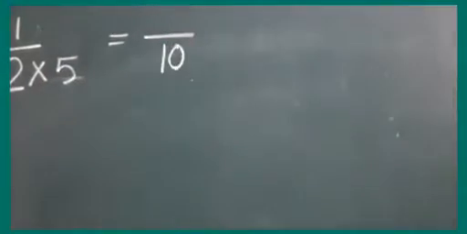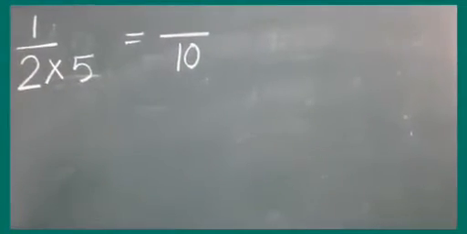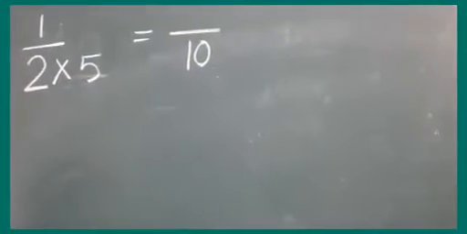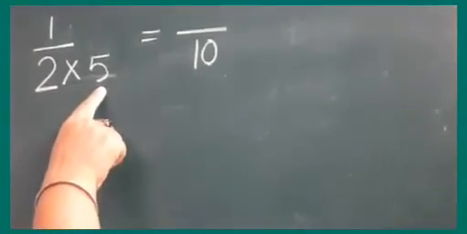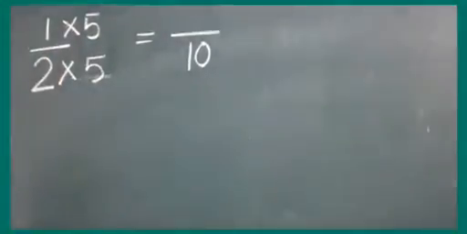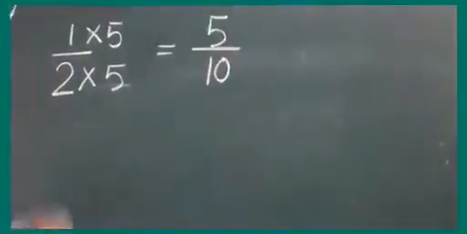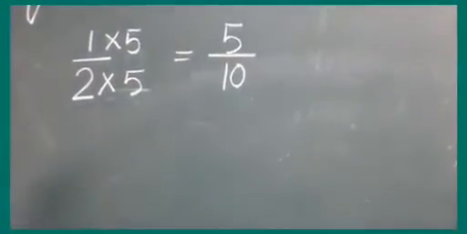Now here it is 1 by 2. In the table of 2 we have 10. 2 5s are 10. It means if I multiply 2 by 5, then my denominator will be 10. And I know how to convert a fraction with denominator 10 into a decimal number. Since I am multiplying the denominator by 5, I will multiply the numerator also by 5 to make it a like fraction. So 5 ones are 5. Now my fraction becomes 5 by 10.